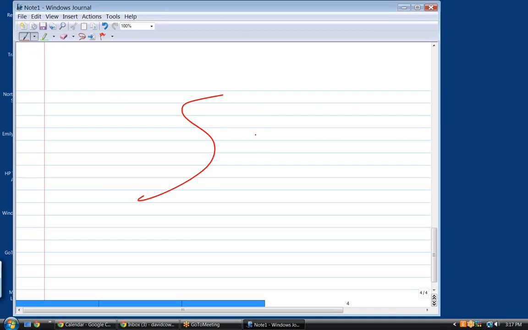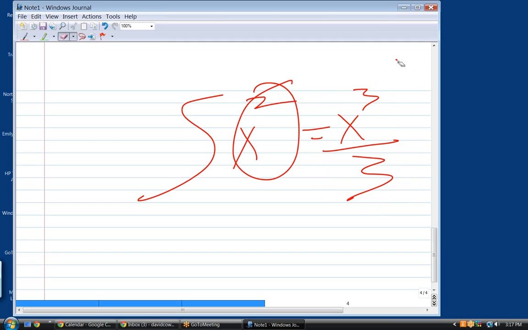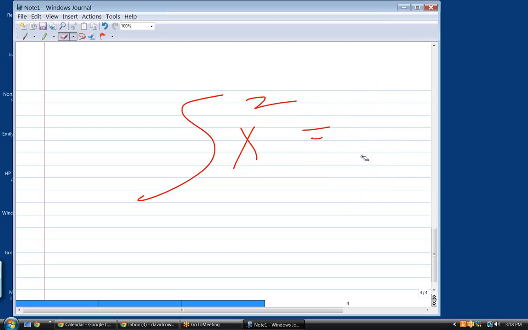Integration is the inverse of differentiation. So whatever this is, in other words, the derivative of that always equals that. That's integration: the inverse of differentiation. You can apply the power rule in reverse. But when you get problems like this,